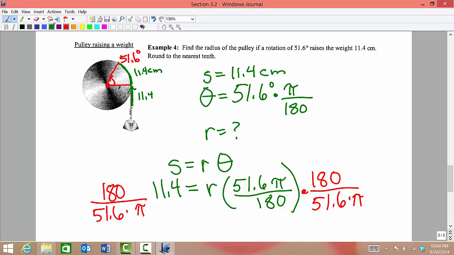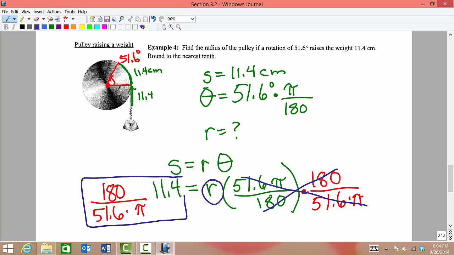And when we do that, the 180s cancel, the 51.6 pi cancels, and we're left with r is equal to, and this now will be what we put into our calculator. We're asked to round to the nearest tenth, so make sure you do top times the top. So we're going to basically be multiplying 180 times 11.4, and I recommend that you put parentheses around the